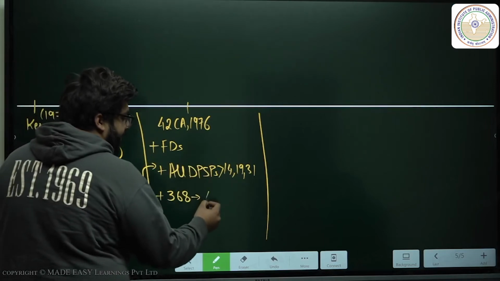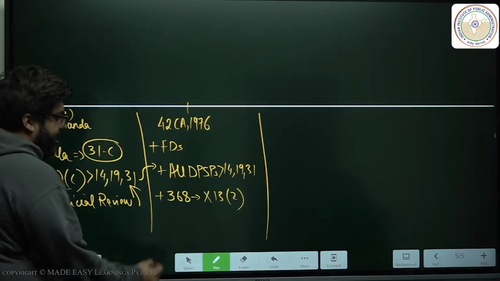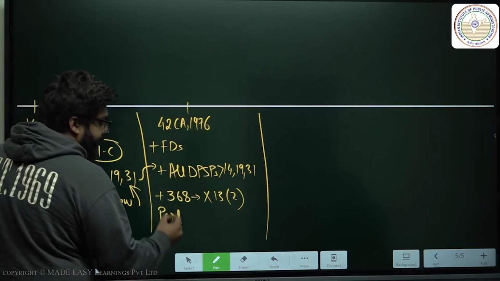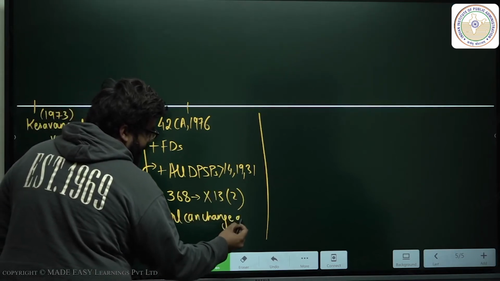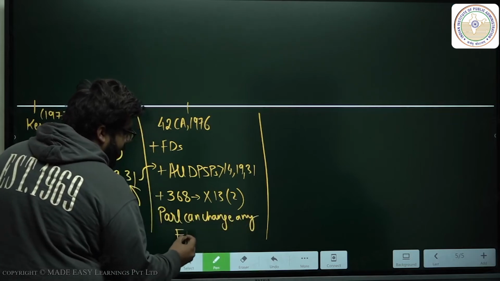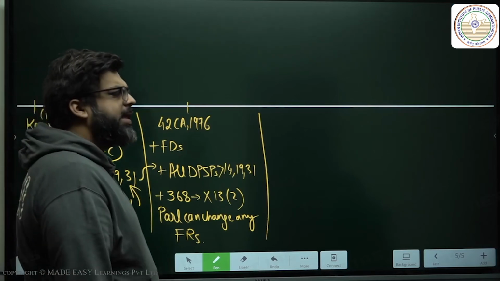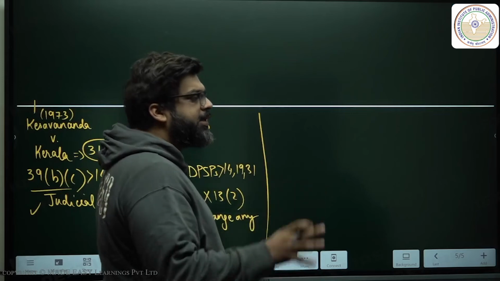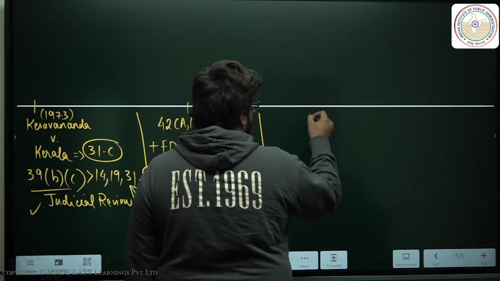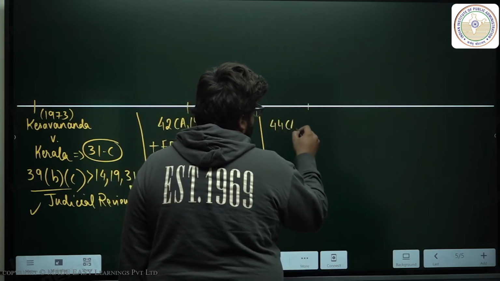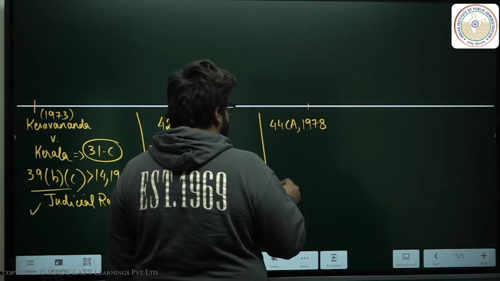The 13 clause 2 exceptions don't apply to 368, and the Parliament can change any fundamental right, overruling Golaknath and so on. Let's end this drama. The Emergency ended, the Janata Party government came, and then the 44th Constitutional Amendment of 1978, wherein they removed